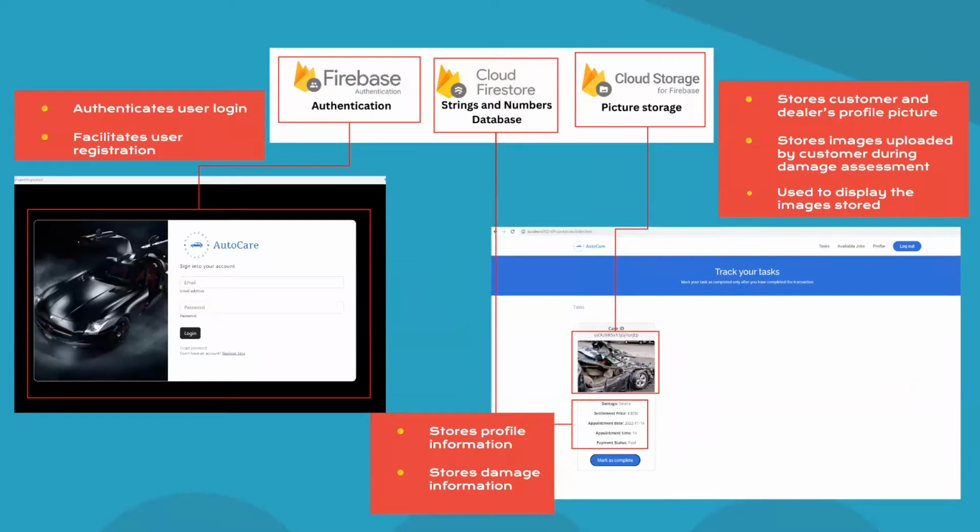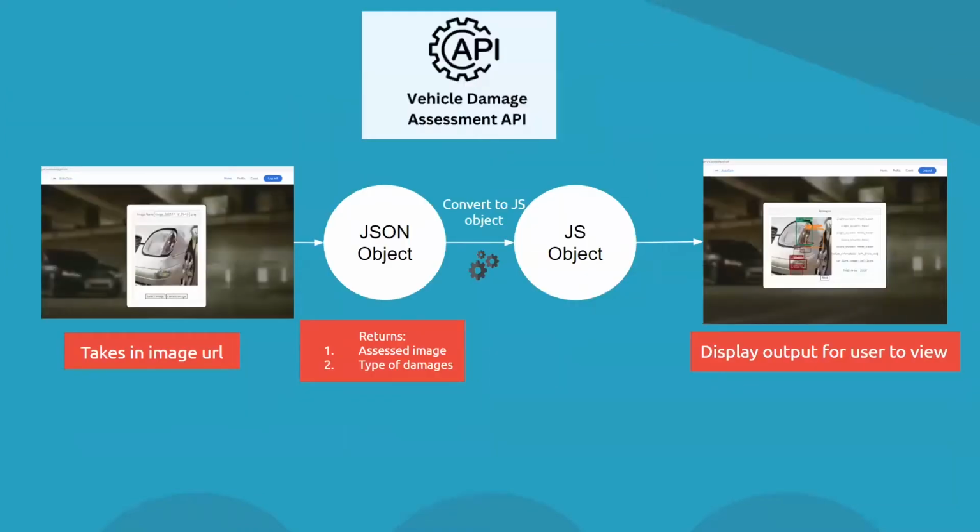We also utilize certain Firebase services, such as Firebase Authentication to authenticate user login as well as facilitate user registration, Cloud Firestore, which stores strings and numbers in the database, and also Cloud Storage for picture storage. We also use a vehicle damage API online, which takes in the image URL, and from the image URL, returns a JSON object, which is the damage type, as well as an assessed car